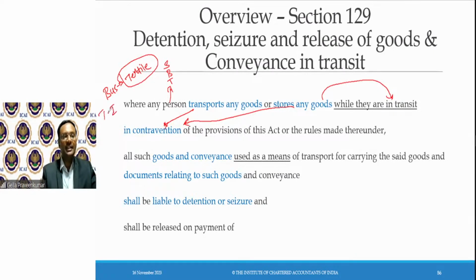So tax invoice is required. Without tax invoice, there is no tax invoice. The driver is carrying this particular consignment, knowing that this is an illegal supply. Most of the movies you would have watched, where